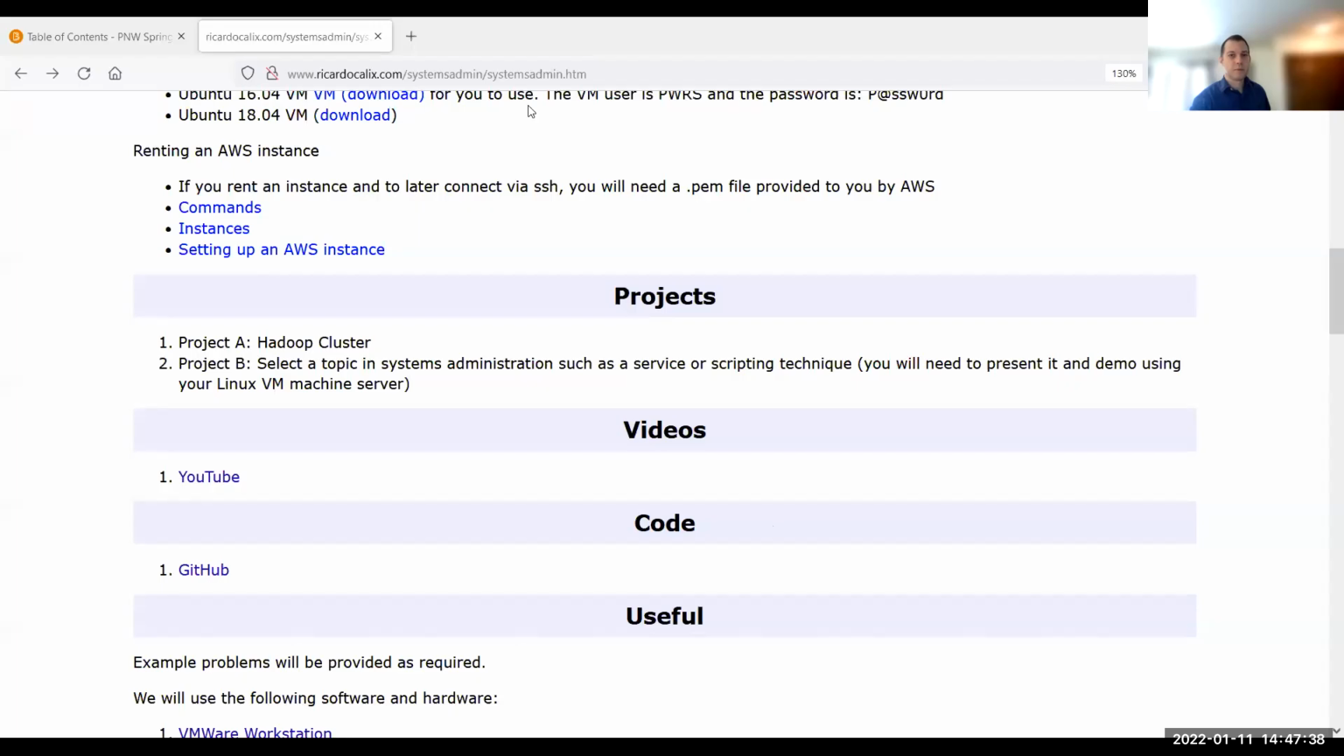You can see that it's being recorded. So at the end of tonight, I'll create the video and I will upload it on